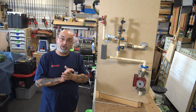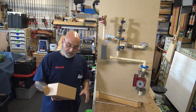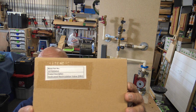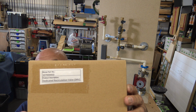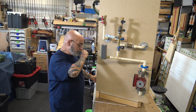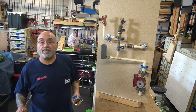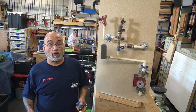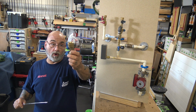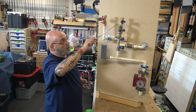Alright, today is part 2 on Rinnai's 107000450. Take your little screenshot there. Their dedicated return valve, which, as you remember from last week, is for when you have a Sensei, either an RU or an RUR unit, and you're going to replace the cold water inlet with that part, the larger cold water part that actually